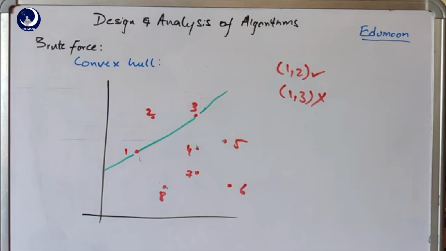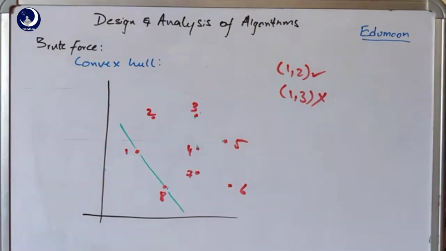Then again we go with the other points like 1, 4, 1, 5, 1, 6, 1, 7. You can assume by seeing the diagram itself, if I join the lines for 1, 4, 1, 5, 1, 6, 1, 7, 1, 8, only the last possible combination, that is 1, 8, will give you the convex shape. So the remaining points can be considered as not in the convex hull problem, not considered as the output. Now we can see that 1, 8, if you extend that line, all the remaining points, that is 2, 3, 4, 5, 6, 7, are on one side of that line.